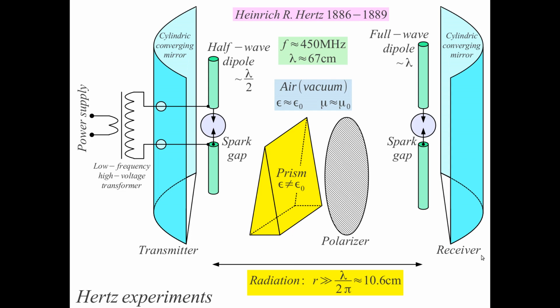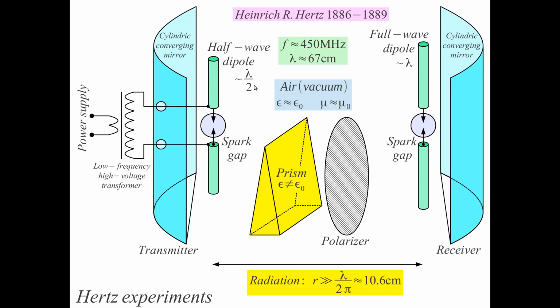So his experiment was assembled with, as a generator, Hertz used spark gaps. A spark gap connected to a half-wave dipole, actually starting the oscillation. The oscillation circuit, the tuned circuit, was the half-wave dipole itself. A spark gap here, high voltage was obtained through a low frequency high voltage transformer, but when the spark actually started here, it created a short here. So with a short, this behaved as a half-wave resonator, this dipole,